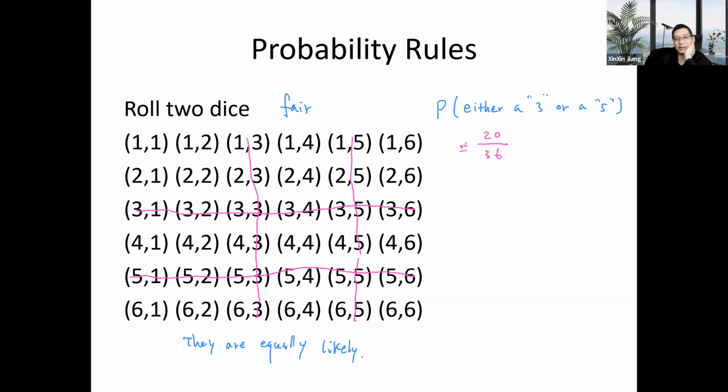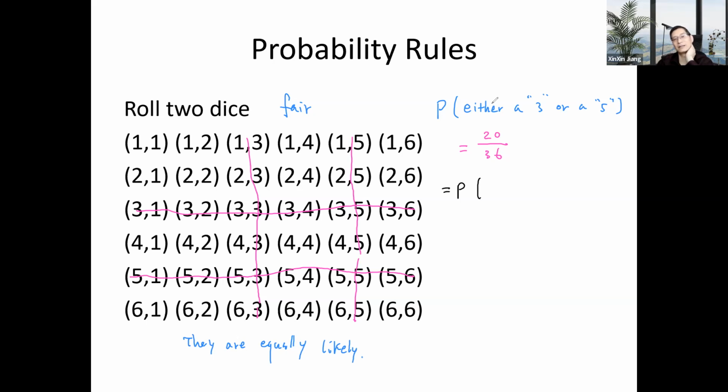So another way, let's say the probability of a 3. There's 1 3. I mean, I'm not saying there was 1 3, actually, at least 1 3. There's a 3, possibly 2. So maybe what I should say, either a 3 or a 5. Hey, when I say either a 3 or a 5, what do I mean? It's not very clear, huh?